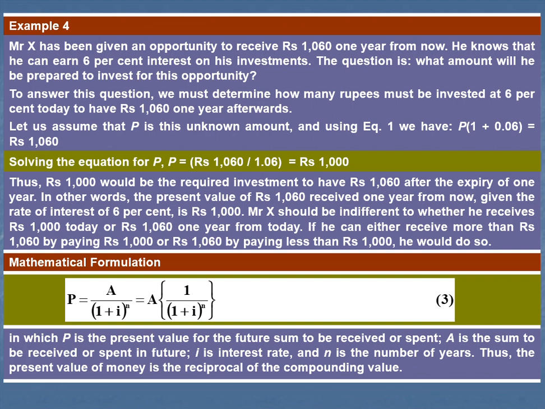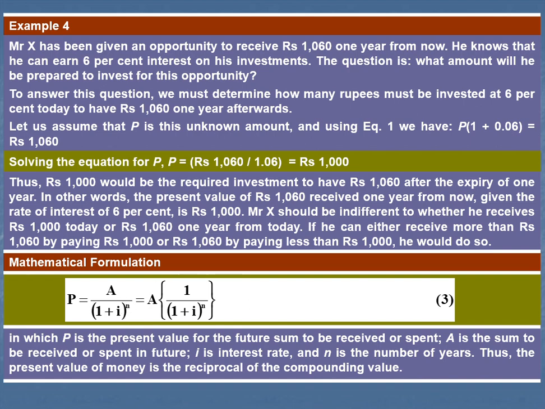So here again an example is given that Mr. X is to receive a deposit of 1060 one year from now, and he knows that he can earn 6% interest on his investment. How will you prepare? So in this we know the formula, either the mathematical formula you can apply, P equals A by (1 plus i) to the power n, and we have the amount, interest rate and number of years, so directly we can get